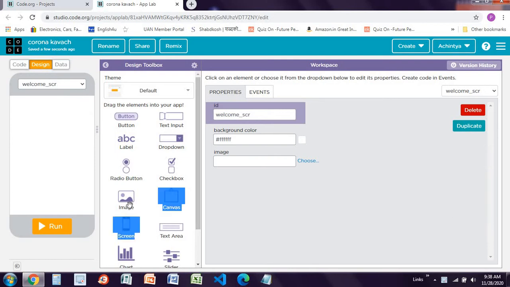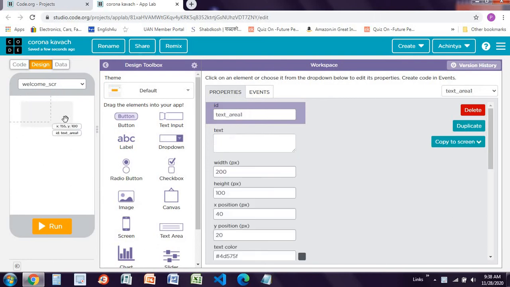So now drag and drop one text area over here like this and make it a little big and this much like this. Okay, like this it will be fine. Now we have to write over here, each of us has the power to help in preventing spread of coronavirus pandemic.